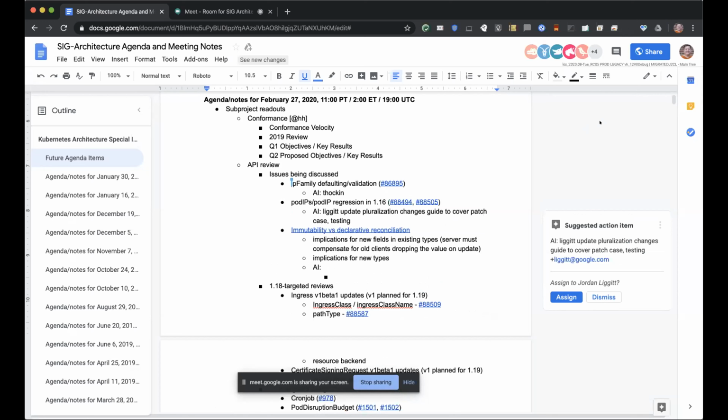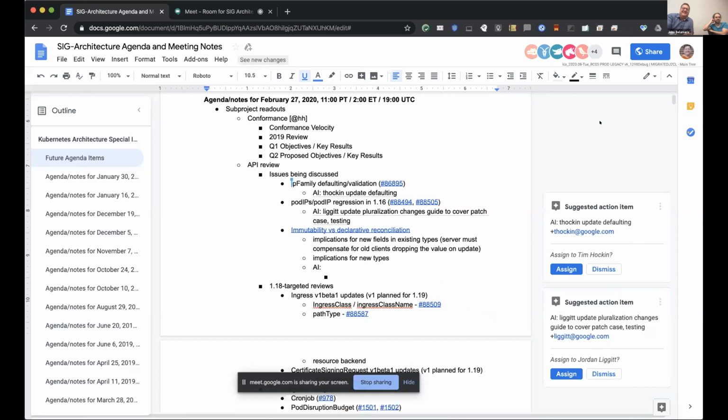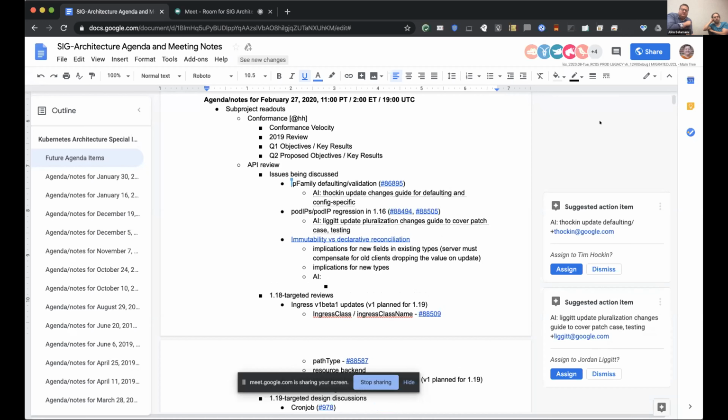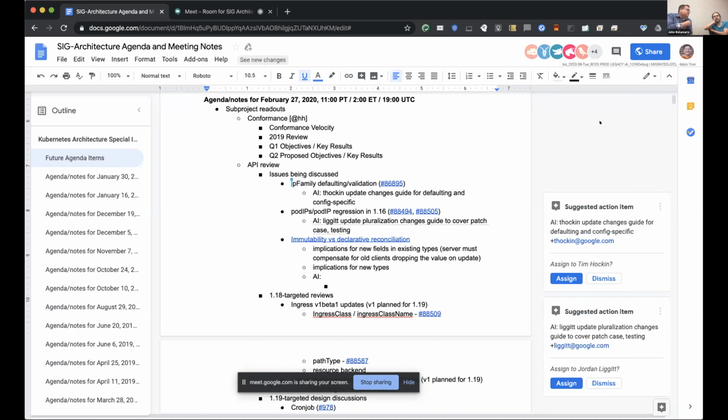But the IP family, that's still an alpha, right? Yes, right. We can learn from this. And then the last AI on the immutability. I'm not going to have time to do it in the next weeks. I really want to, but I think it's going to need more. Yeah. Is this urgent in the next couple of weeks? I don't know if it's urgent. My fear is it just gets lost again. Well, yeah, that's what keeps happening to this. It's just not as urgent as other things.